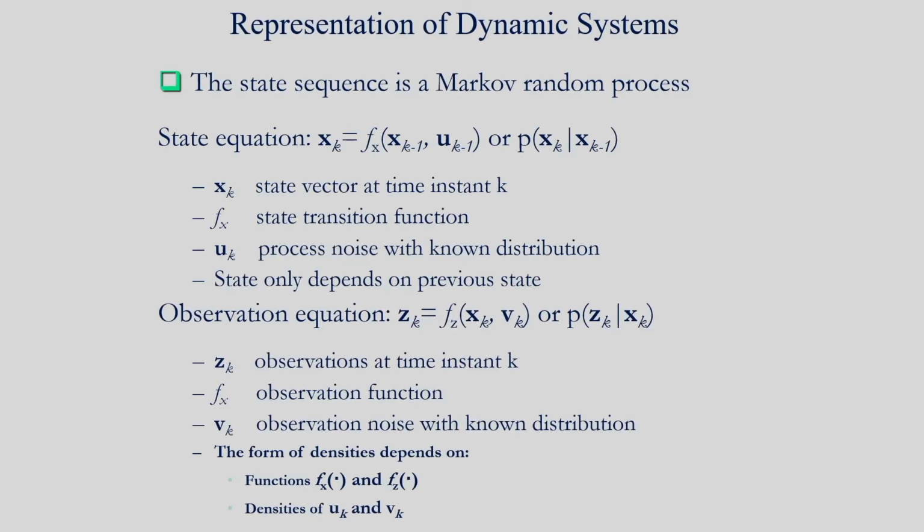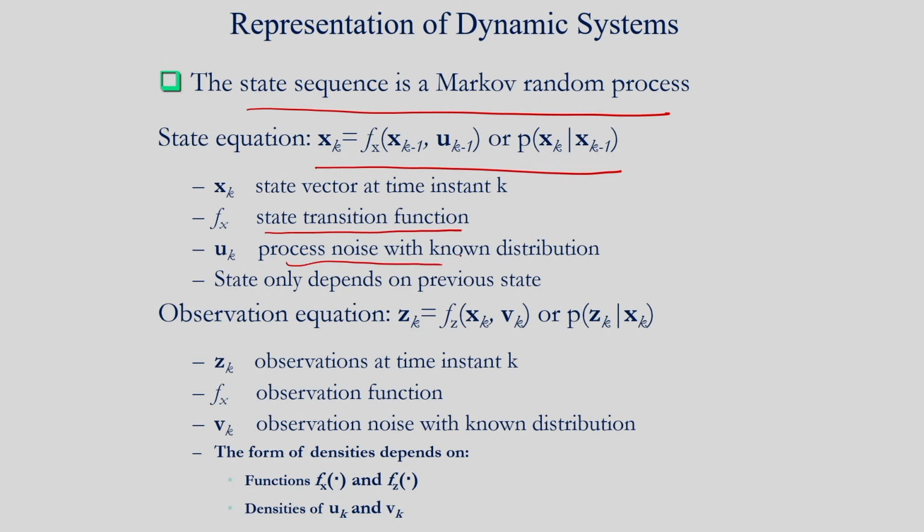So, in case of the recursive filter, the first one is the representation of dynamic systems. First, the state sequence is a Markov random process, that is the condition. The state sequence is represented by this. xk is the state vector at time k, and I am considering the state transition function Fx, and the process noise of known distribution, that is uk, and the state only depends on the previous state, that is the concept of first order Markov